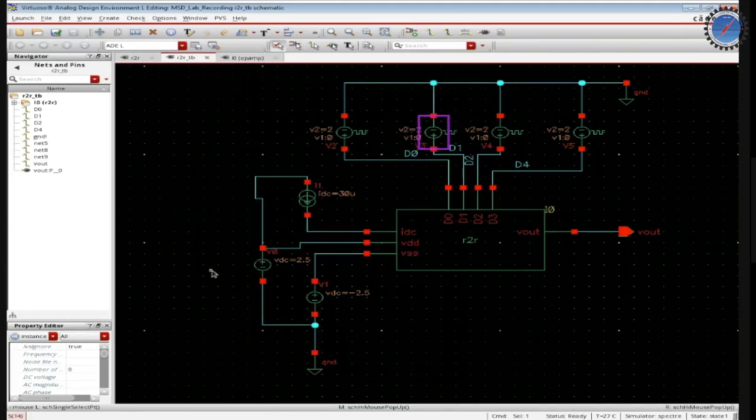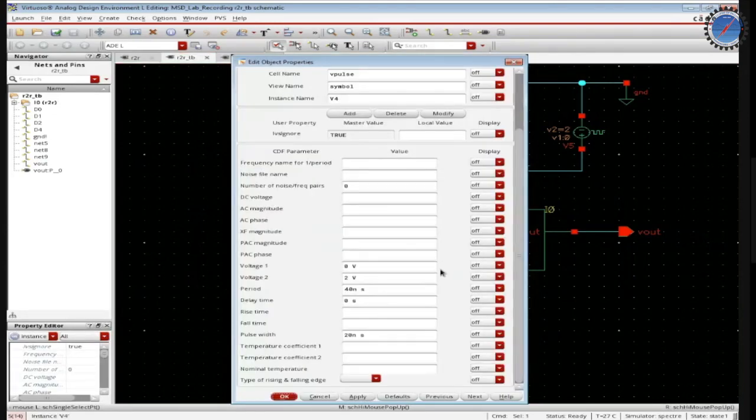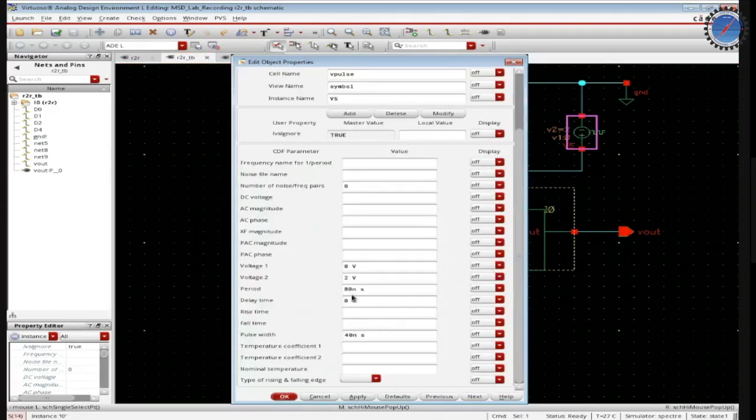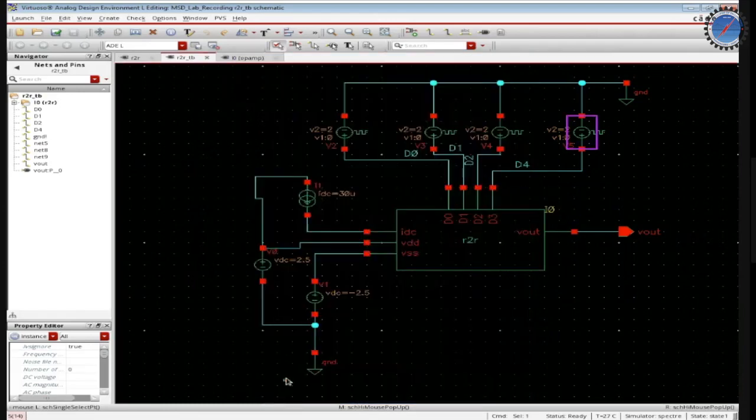Similarly, you can expect, right, D2 to have a time period of 40 nanosecond, right, which is 4 times the LSB. All right, and the pulse width is given as exactly half of the time period. Similarly, the MSB, you can see it's going to be 80 nanosecond, which is 8 times the period of the LSB. All right, and pulse width naturally is half of the period. All right, so this is how you set up the various inputs for the 4 bits.